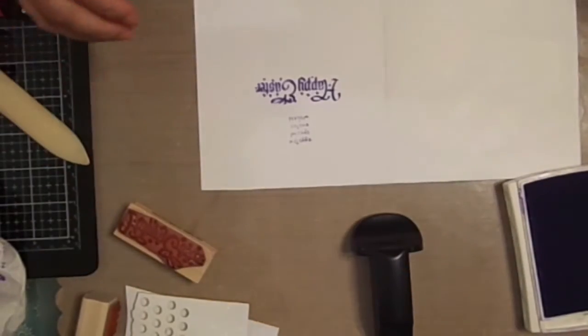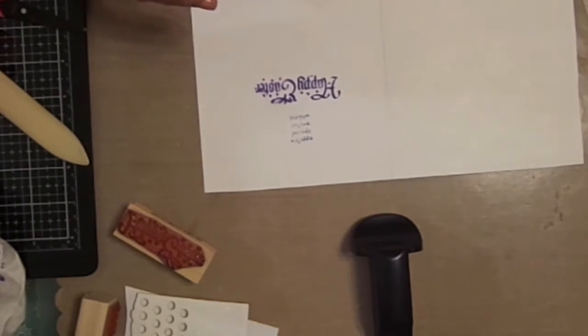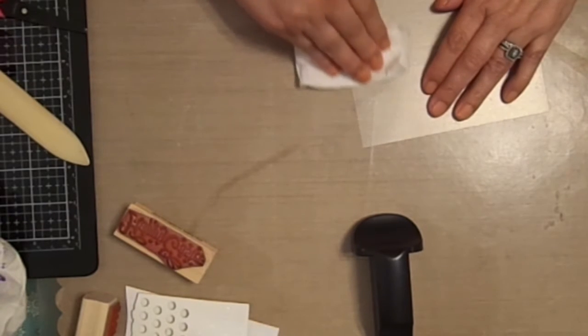And then all you have to do is, before I go any further, because I've got ink here, I see that. I'm going to fix that. Move this over to the side. Let that dry. All you do is get a wipe or a wet stamp chamois, whatever it is that you have, and wipe off the ink